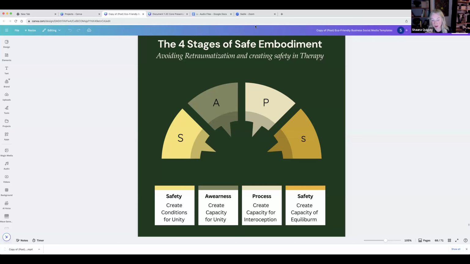When you've got unity, resourcing, and regulation, then and only then can the client complete the awareness that they've just brought, bringing them back to equilibrium, which is then resourced. There are hard, fast skills in this that we get to build and bring to our clients in a way that helps them move through this SAPS process, no matter primary or secondary.